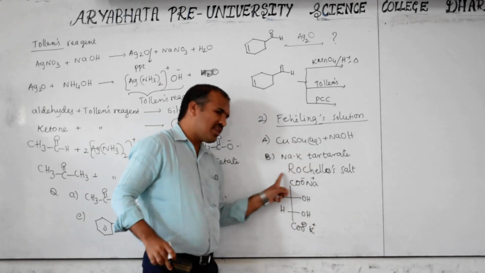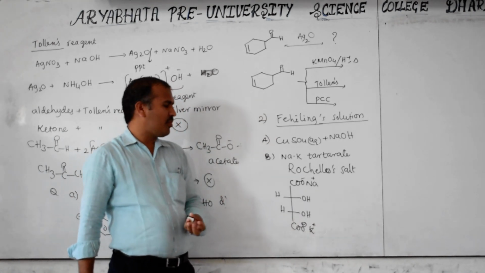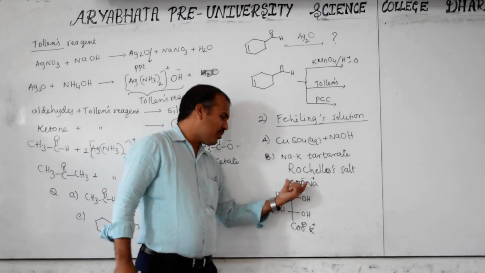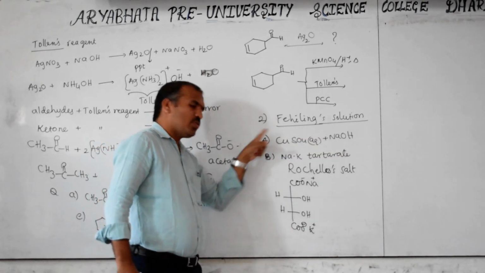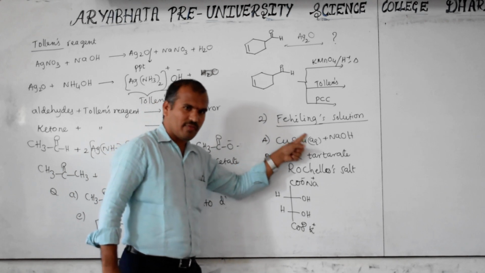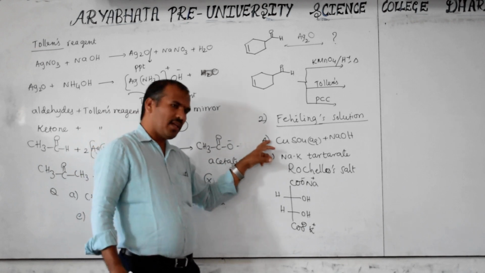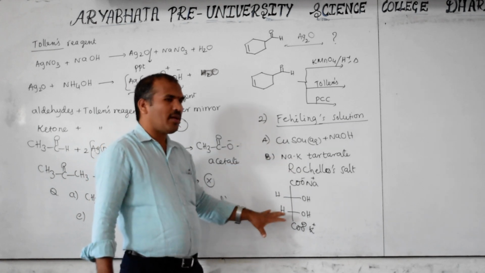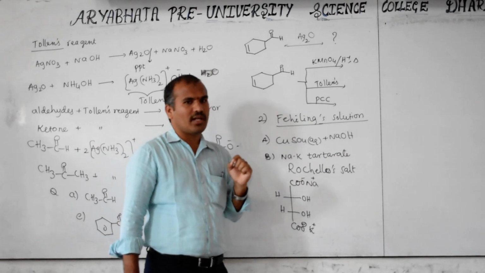Now sodium potassium tartrate. The word ending in 'ate' is the term for salt or esters. You know this in organic chemistry nomenclature. 'Ate' means esters, and here it means nothing but the salt form. This is okay. The combination of these two is Fehling solution. Not a single one is Fehling. Not this one is Fehling. The combination of these two is Fehling solution. If you see in your laboratory, two separate bottles will be there. Immediately you have to mix and use for the test. Generally this appears as a blue solution. Totally this Fehling solution appears as a blue solution.